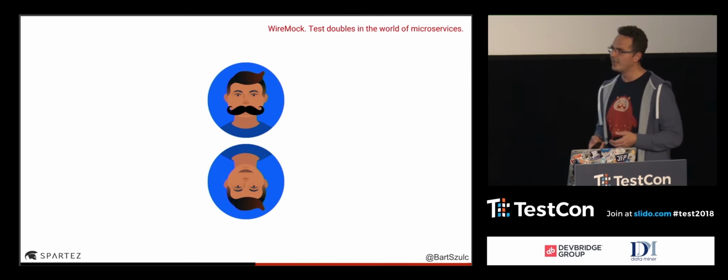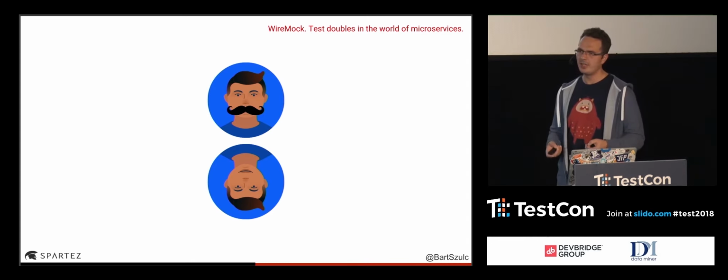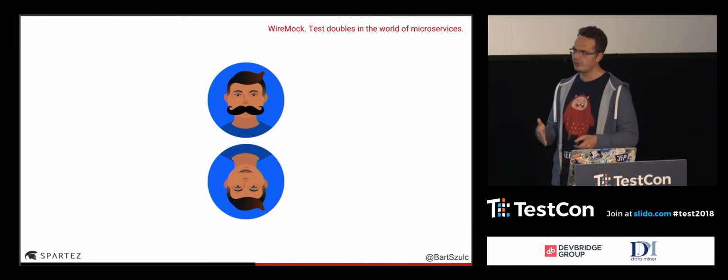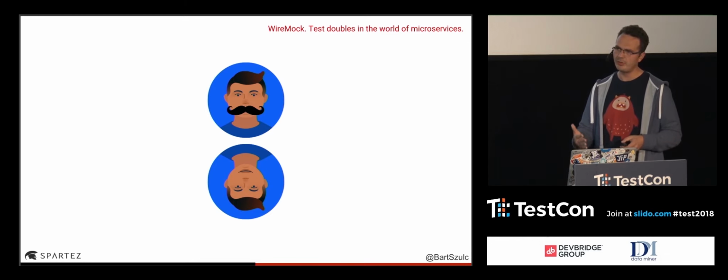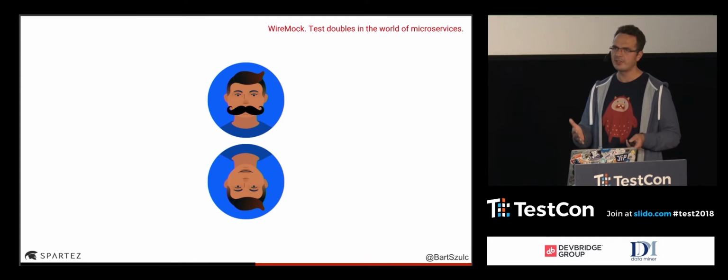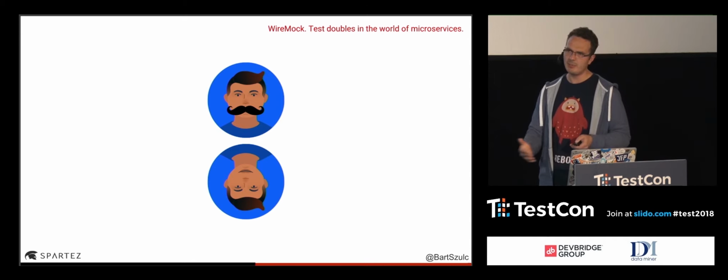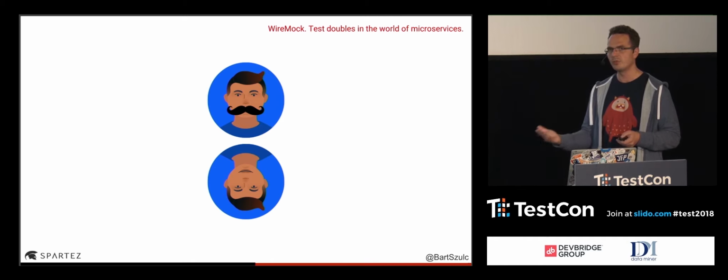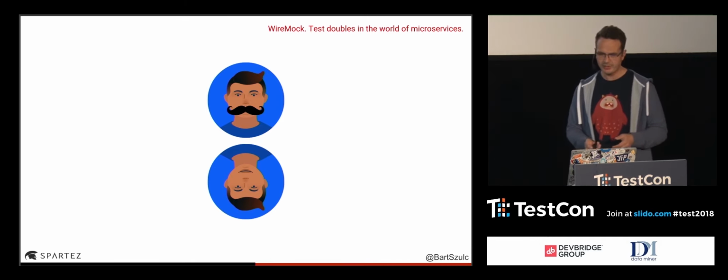And I heard that once you mock something, it's the point of time when that mock goes completely obsolete. So you need to be aware of that. Once you introduce a mock to your test, you are making a snapshot of the thing that you are mocking, and you need to put some kind of controls in place that will continuously check that this mock is what's really happening on production, that the microservice that you mocked with Wiremock works the same way as the real service in production. And there are ways to